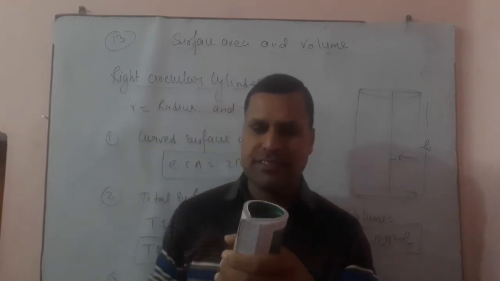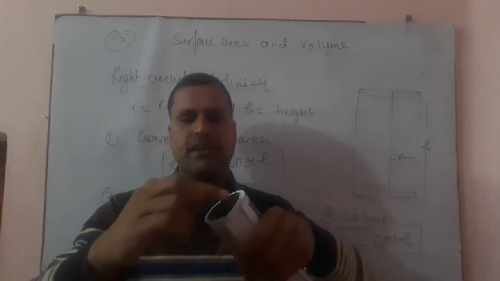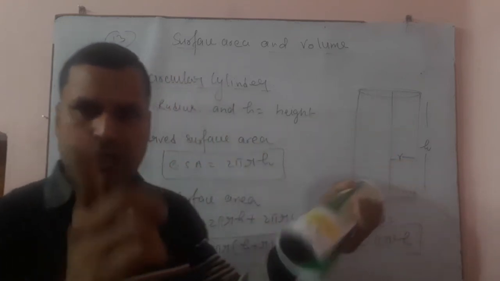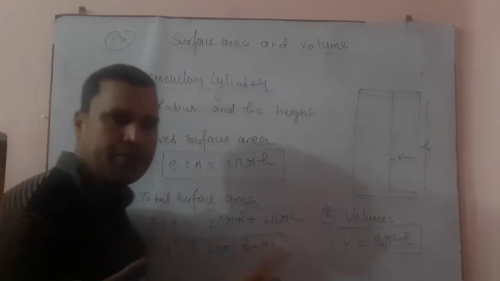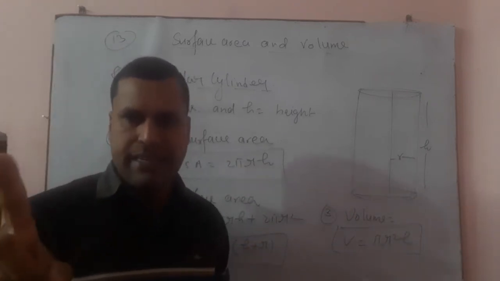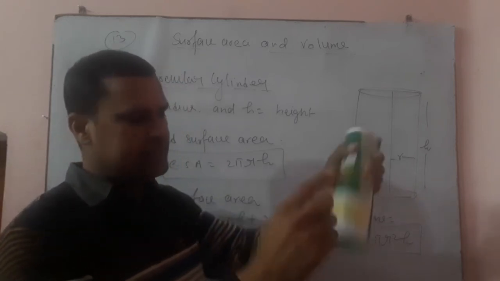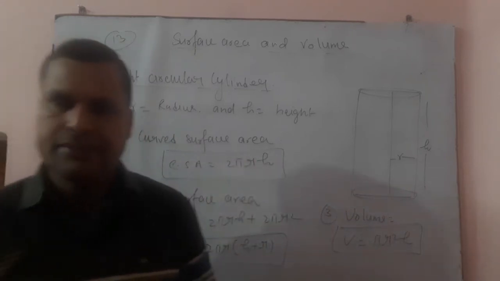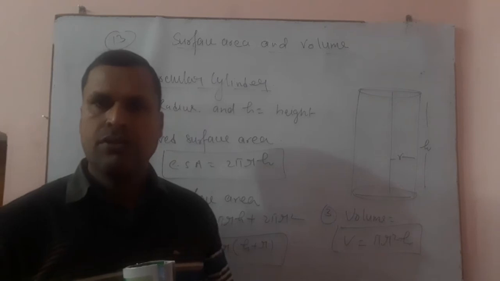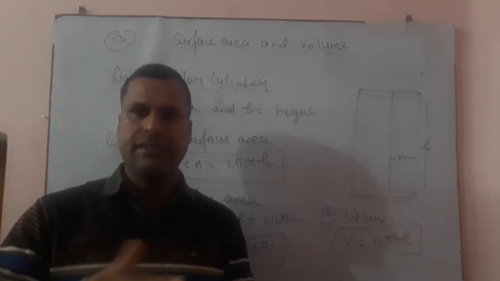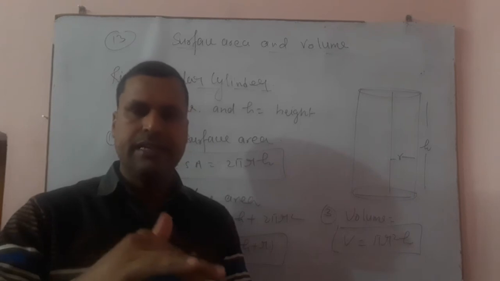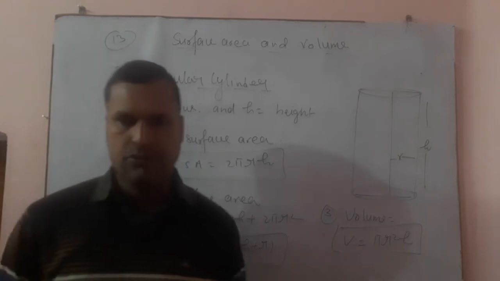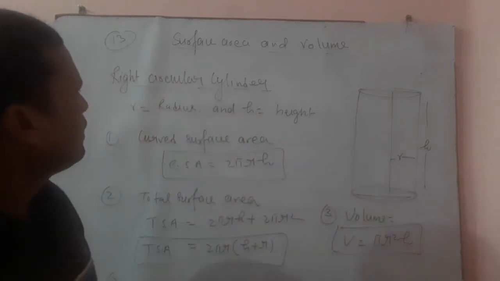And what is the total surface area? When we cover this circular area, there is one circle here and one circle here. So in the total surface area we have to add 2 pi R square, because the area of one circle is pi R square and there are two circles. One is this and the second one is this. So we add 2 pi R square. And what is the volume? The amount of liquid or anything that can fill this is known as the volume. So these are the basic formulas related to the